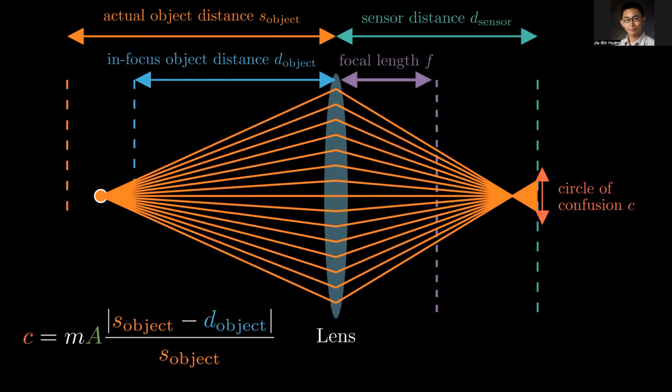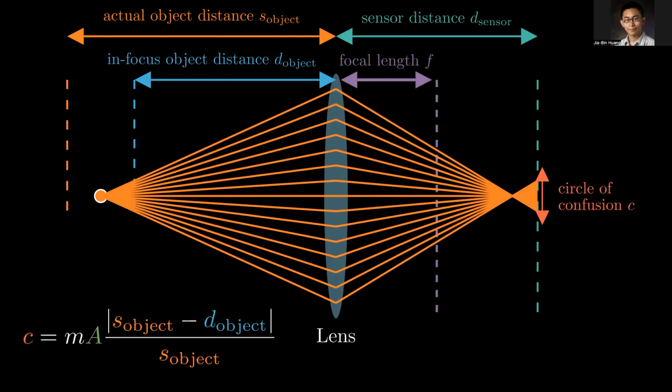So now the question is, if you look at this, this is how much blur is coming from this equation. So now I'm asking, how do you actually reduce the circle of confusion? Reducing A. Okay. What is A? Aperture, right? So this comes from the previous case, right? Previous case we say that okay, I want to